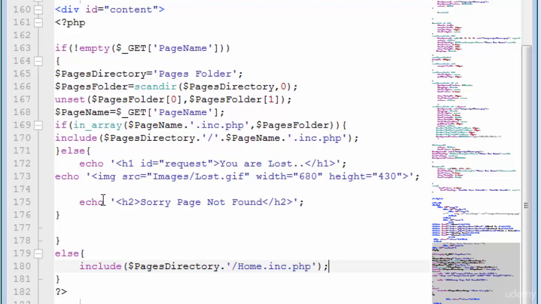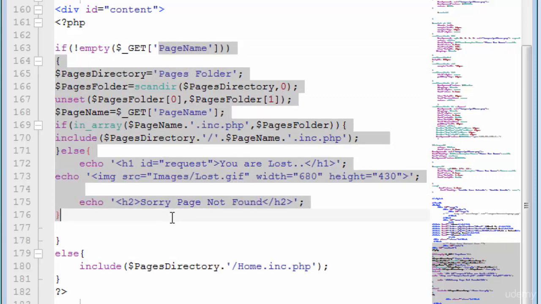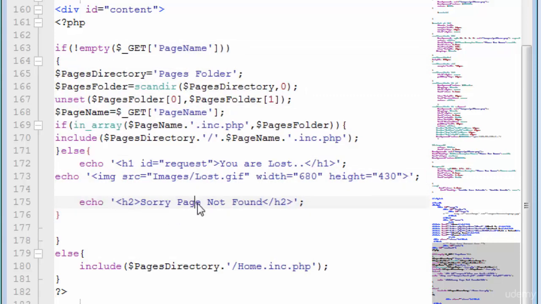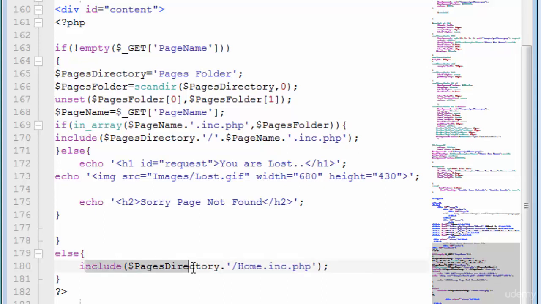So in case the search query parameter is not empty, then you should execute this amount of code, and if it is empty, meaning the else structure, then you should include my home.inc.php. So saving this one out, moving to my browser,